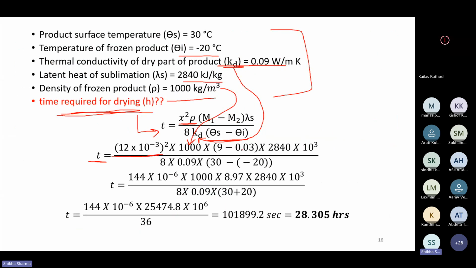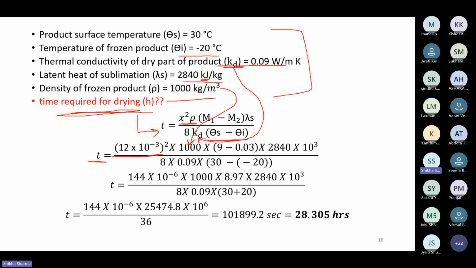So (9 minus 0.03) into the latent heat of sublimation, which is 2840 into 10 to the power 3 because it's kilojoule, so we are converting into joule. Divide by 8 into the thermal conductivity of the dry part of the product, which is 0.09, into the temperature gradient, which is the product surface temperature minus the temperature of the frozen product, which is minus